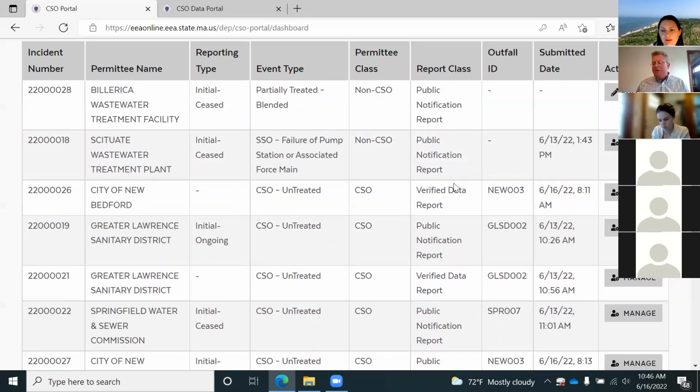Because you have this 18-hour window, if at the time of the event you initiate your reporting, it's ongoing. If you see here, this one at Greater Lawrence was an initial ongoing of an untreated CSO. So when you click on here,